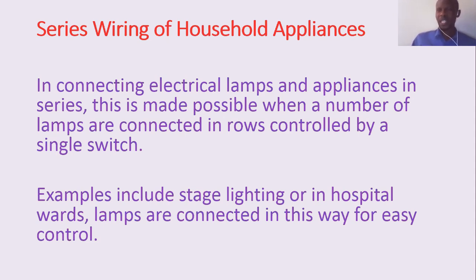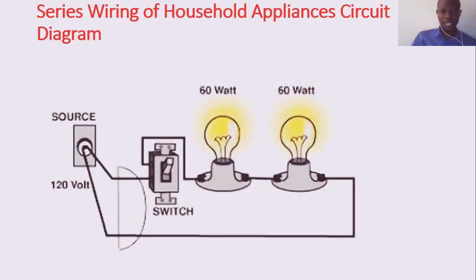So it means that if the load in the first connection is consuming much voltage, then the second load will consume less voltage, and the third load will consume the least voltage. So it's not really advisable to connect our wiring in this way. So this is the circuit diagram. You can see now, this is the switch. By the time you switch this on, this bulb and this bulb will come on. But this one will take more voltage than the second one because they are connected in series. They are interdependent on each other. They are not connected independently.